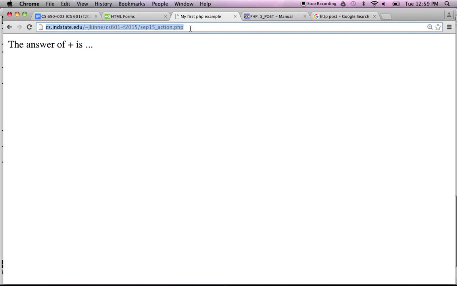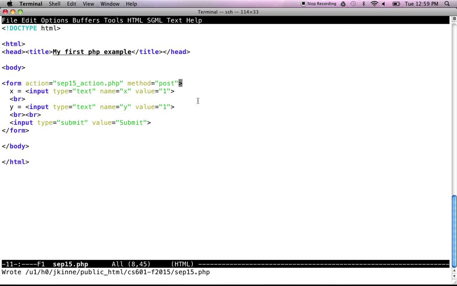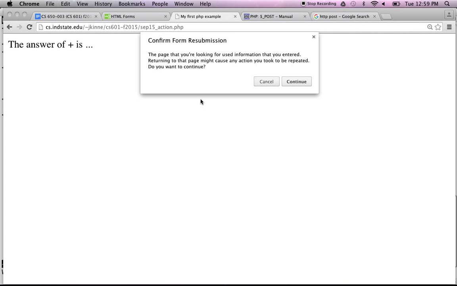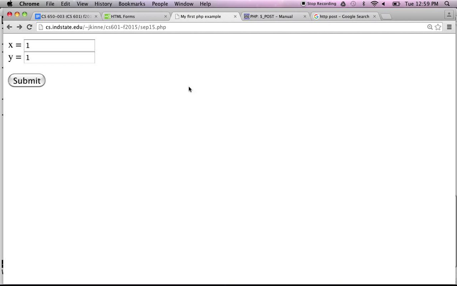Otherwise it's not showing up in the address bar, it's sent another way, and then I would have to use post. To go back and do it again.